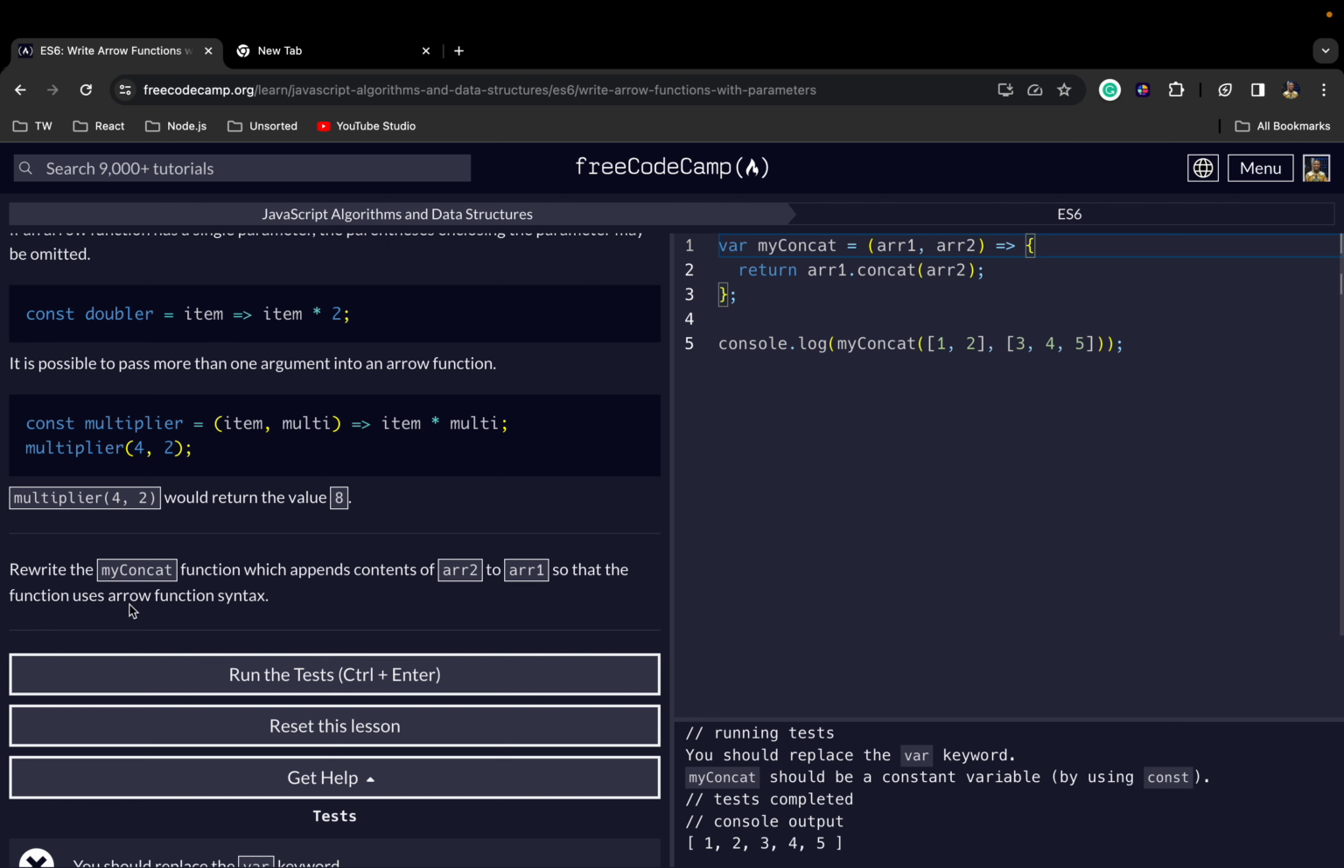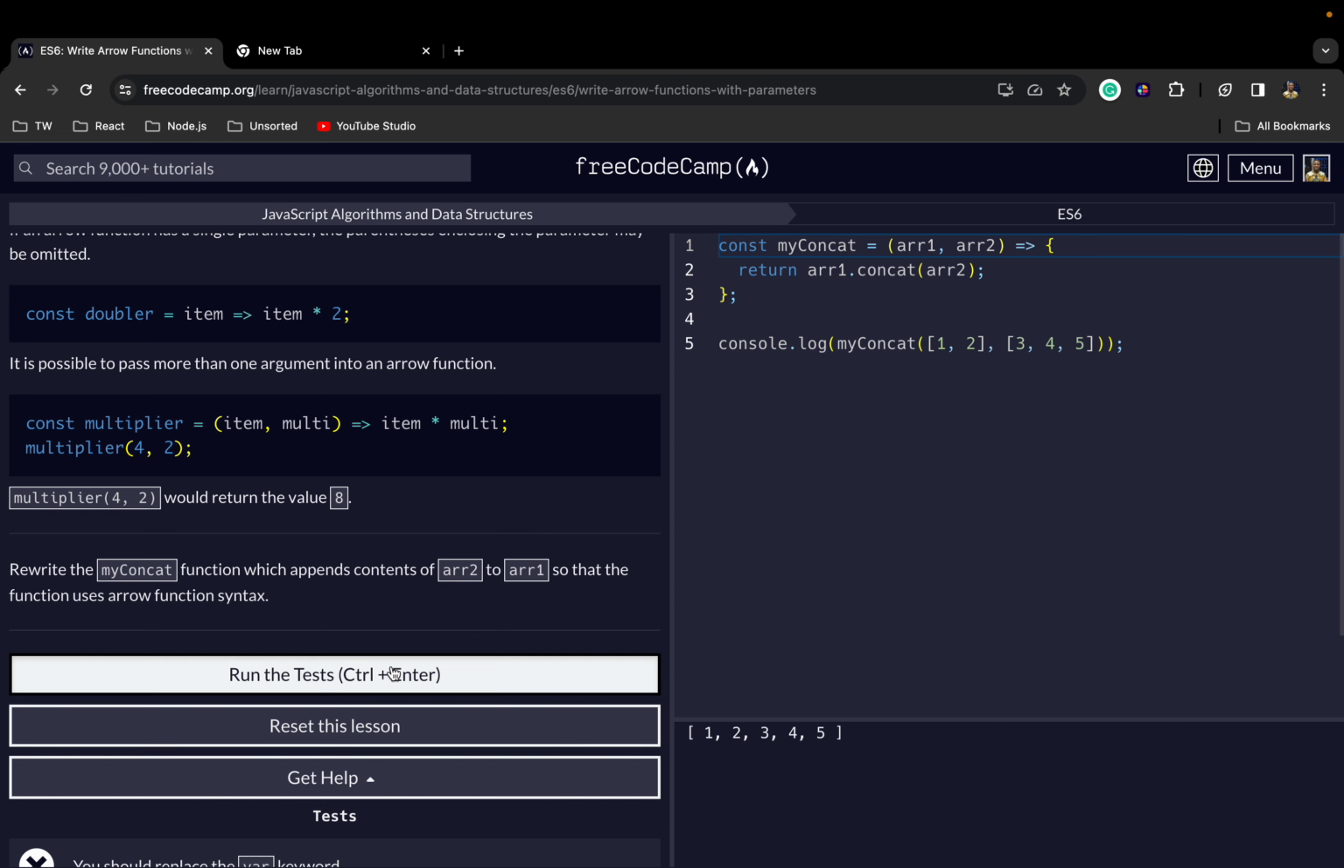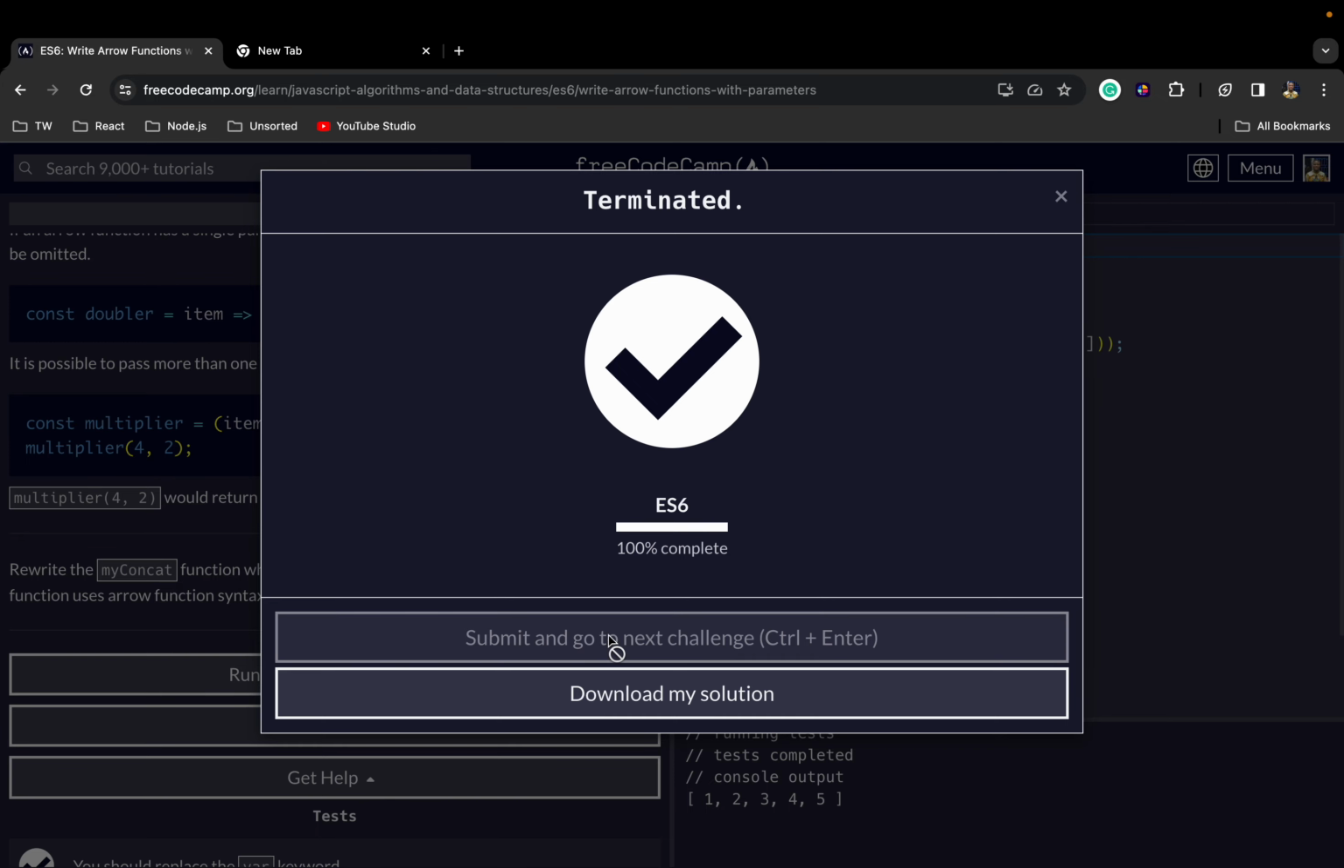Okay, so what are we supposed to do? We are supposed to rewrite the my concat function, which appends content of array 2 to array 1, so that the function uses arrow function syntax. Okay, so I guess it should be const now. All right,